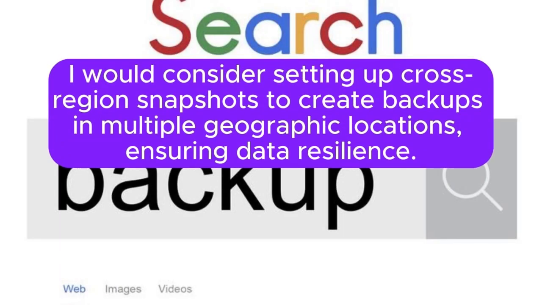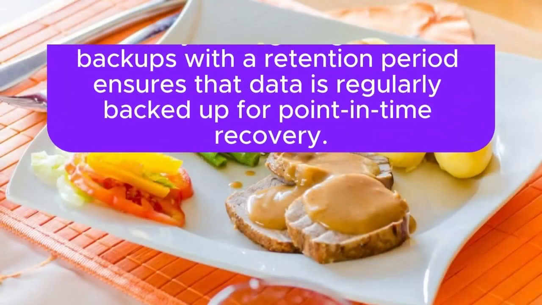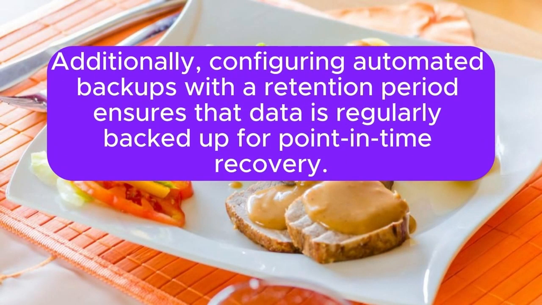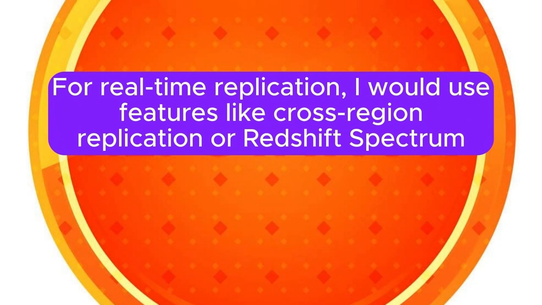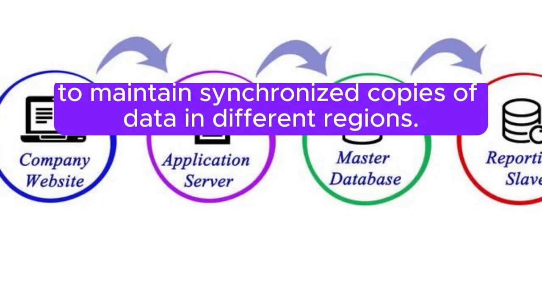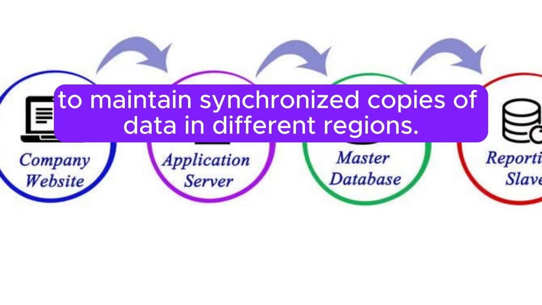I would consider setting up cross-region snapshots to create backups in multiple geographic locations, ensuring data resilience. Additionally, configuring automated backups with a retention period ensures that data is regularly backed up for point-in-time recovery. For real-time replication, I would use features like cross-region replication or Redshift Spectrum to maintain synchronized copies of data in